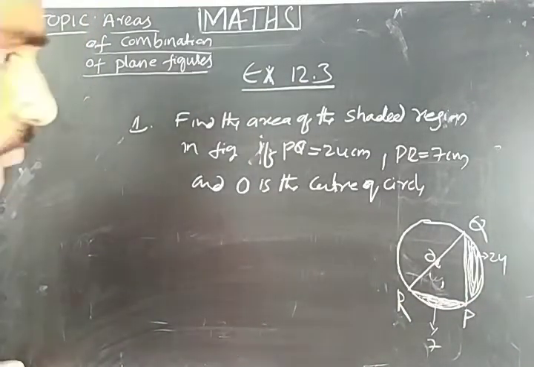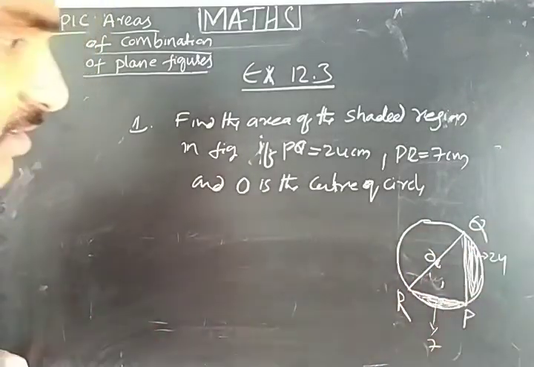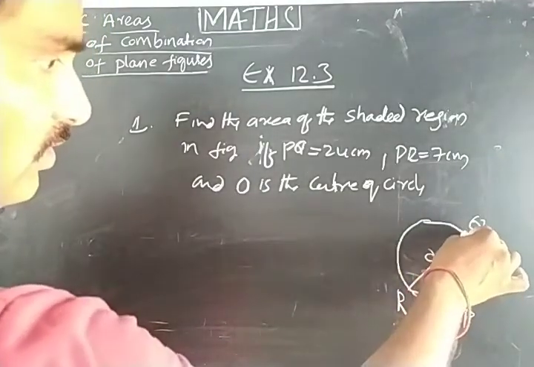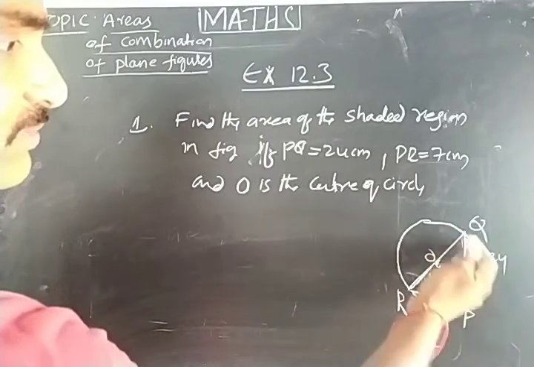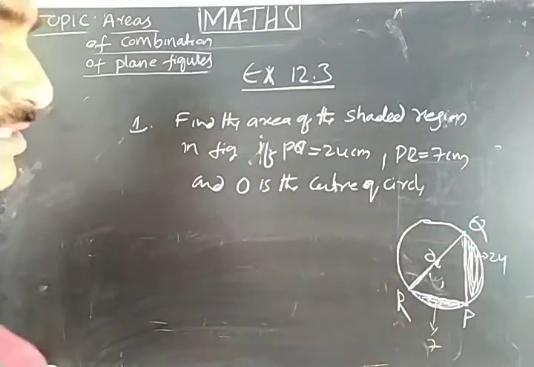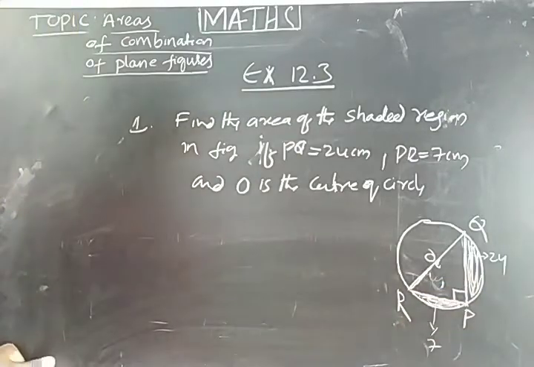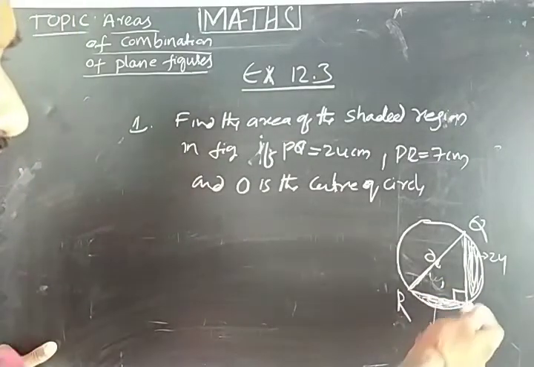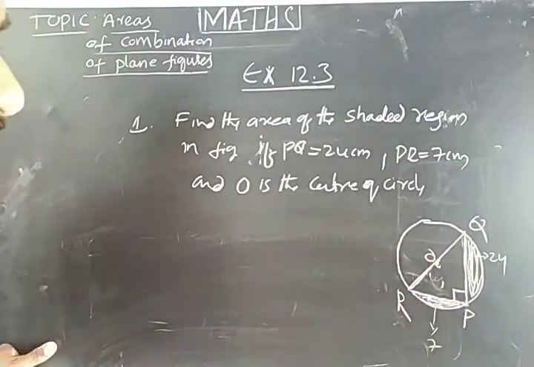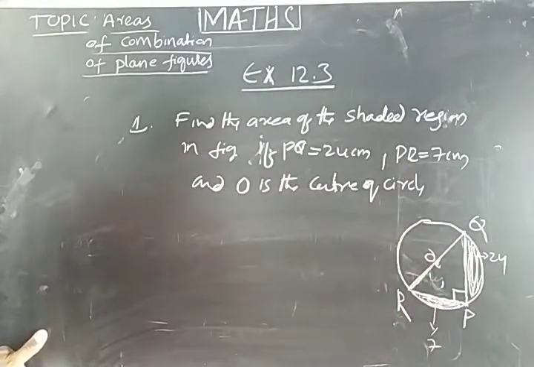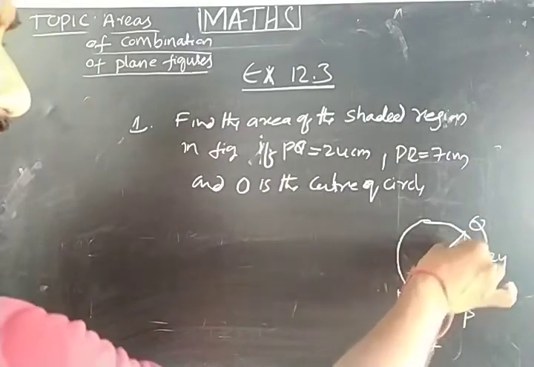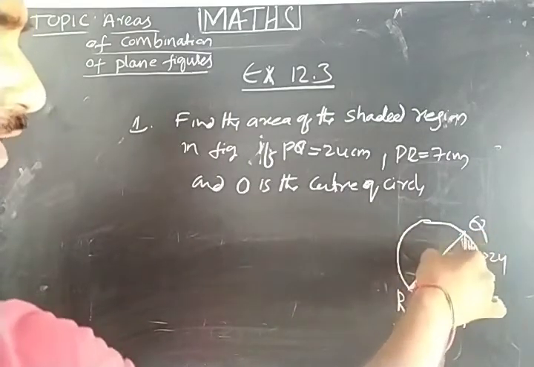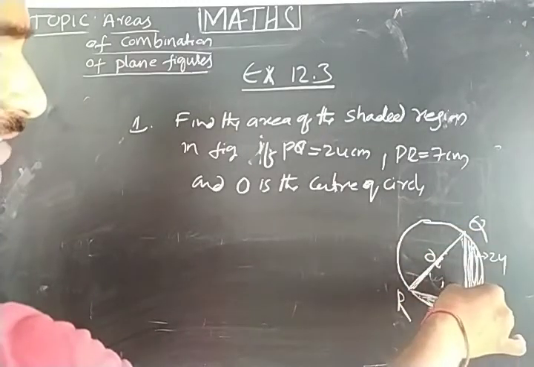Now observe here, we don't know whether this triangle is a right angle triangle or not, but we know that in a circle, the diameter makes a semicircle. In a semicircle the angle is 90 degrees. So at P we have 90 degrees, so clearly it is a right angle triangle. If we know this is 90 degrees, we can find the hypotenuse. After finding the hypotenuse, you can find the radius, half of the diameter. We will have the radius and we will have the angle.